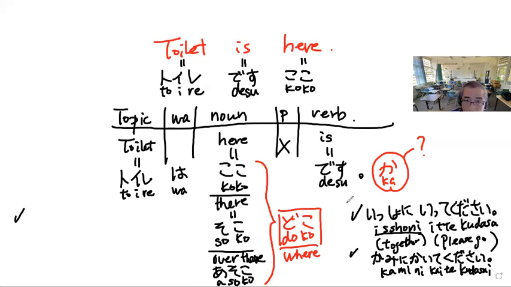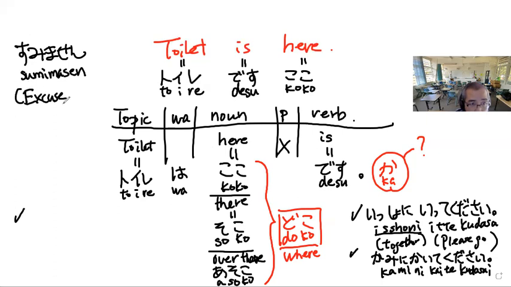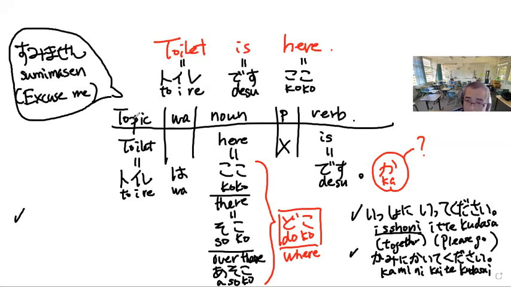Then one more last thing. If you ask the direction, yes, I do recommend you start with すみません。すみません means excuse me. As you can guess, Japanese people are busy people. They're walking very fast. If you don't try to attract attention, it's hard to ask them the direction. So let's say, すみません。トイレはどこですか？